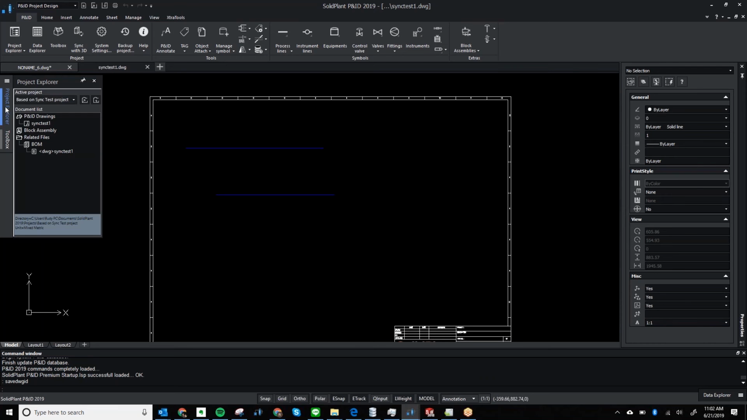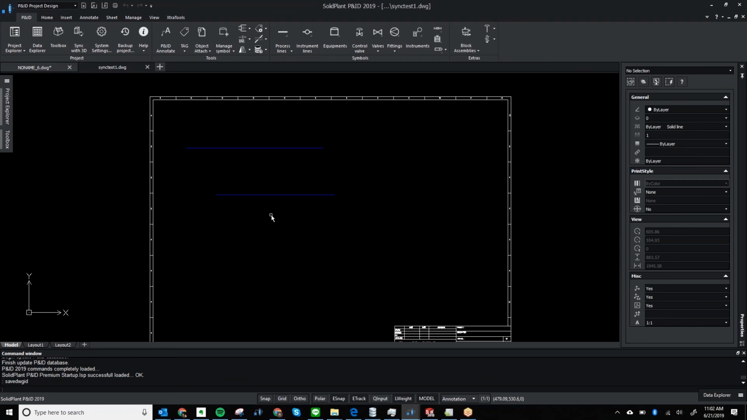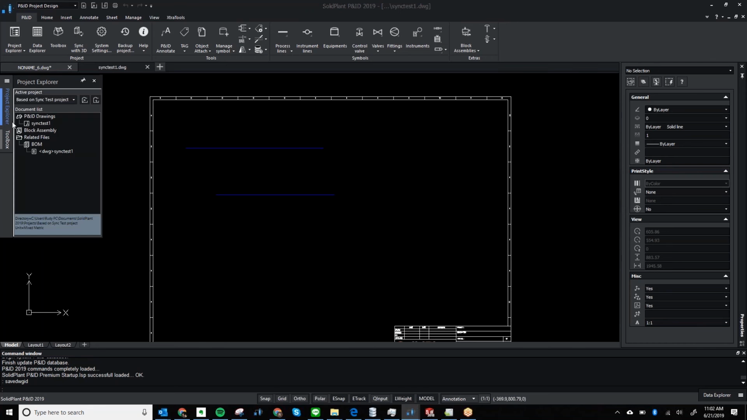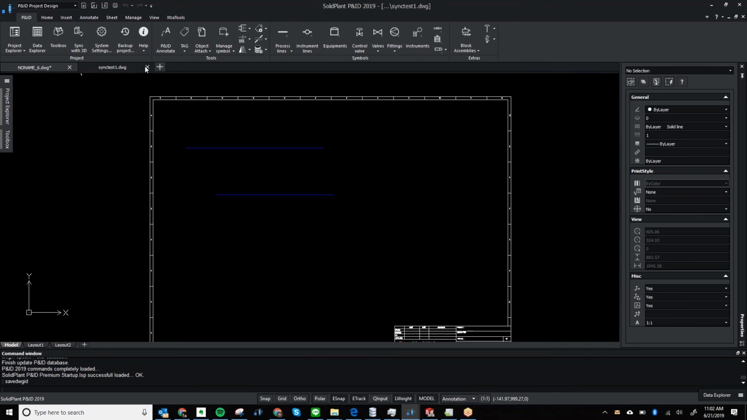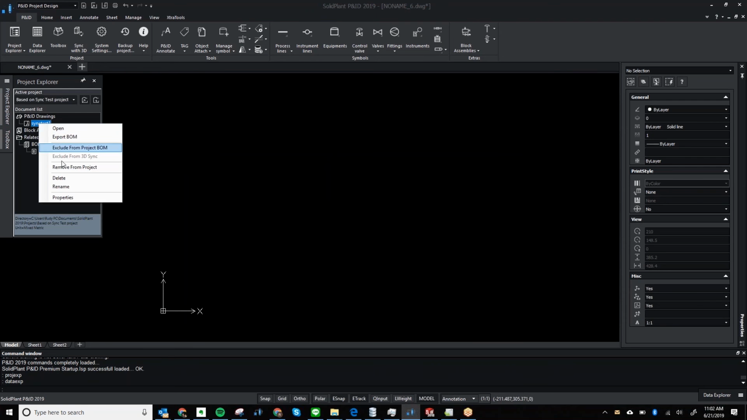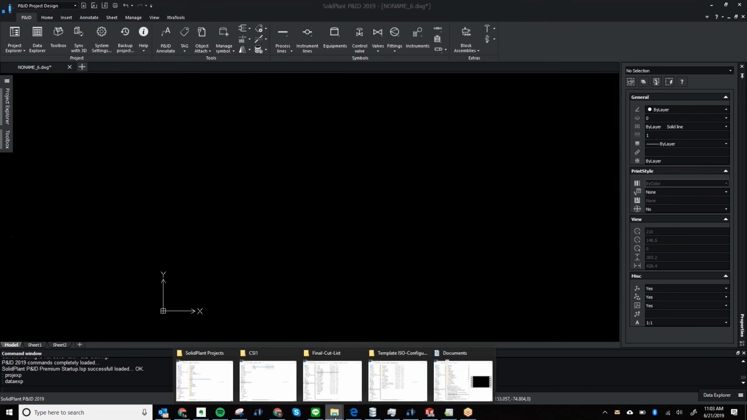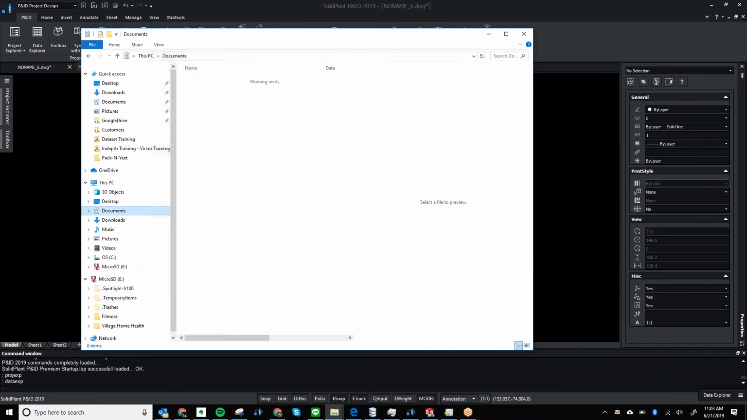So you see that? So that's how you do it. And if you need to rename your drawings, you can right click and rename. And then you can say drawing 1 based on sync test project. Oh, it has to be closed, so whatever, drawing 1. All right, so now if we go to our documents, so documents, SolidPlant 2019, projects, we'll go